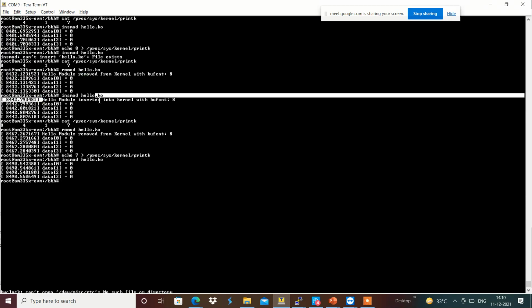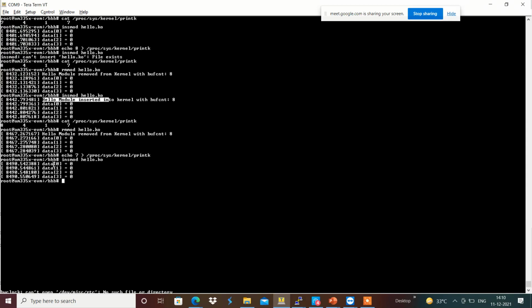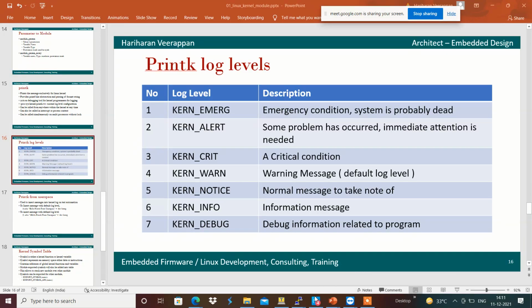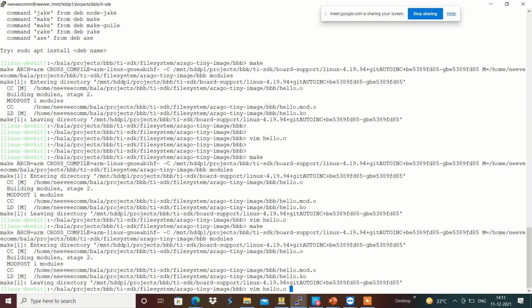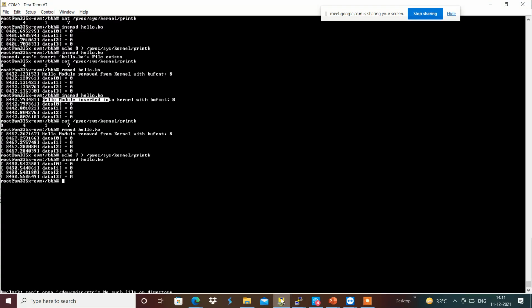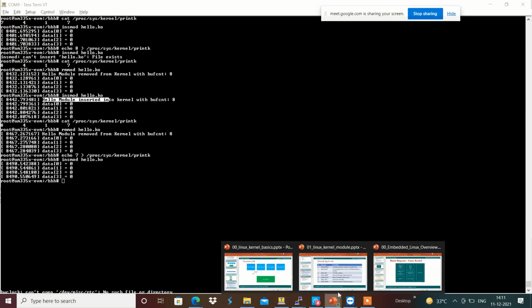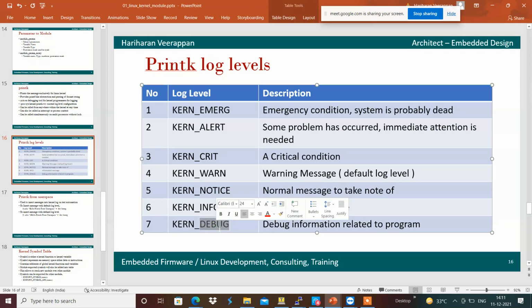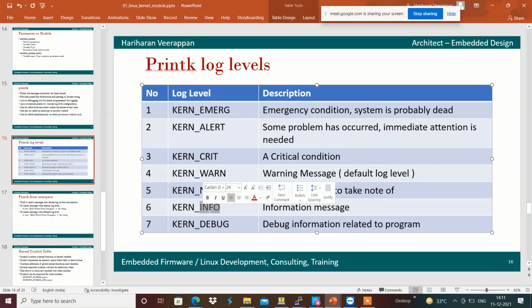Here we got something like hello module inserted, but we did not get that information over here because we have defined this hello module as a kernel debug, and since it is not required currently, we configured to print less than log level 7, because log level 7 is the kernel debug. Less than kernel debug will get printed. Because of that, kernel info messages get printed.